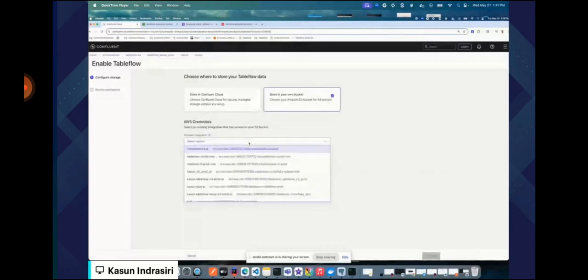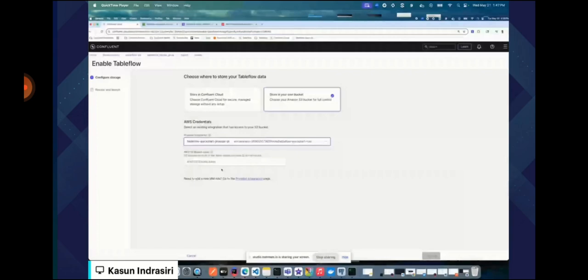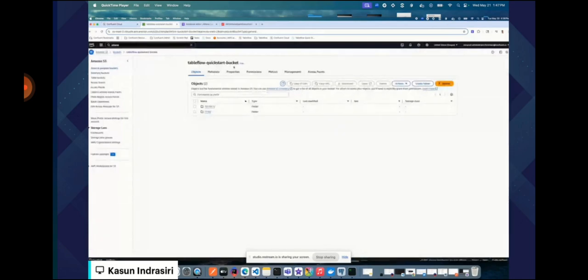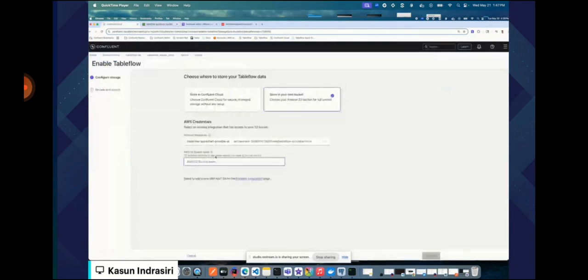Since we are using custom storage, you also need to configure provider integration to access from Confluent Cloud to your own S3 buckets. That requires AWS assume roles and IAM policies, so you need to have them created in your account. Once you have created the provider integration, you can also provide the S3 bucket name. This is the storage that we will be using to store all your Iceberg tables.